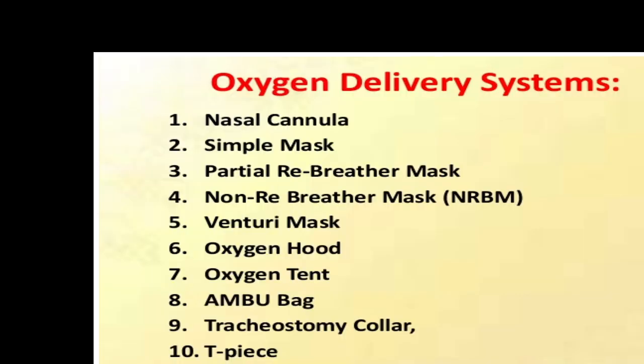And the oxygen delivery systems could be nasal cannula, which we often use, and simple mask. I think you have seen that. Whereas others may not be seen in our setup, like partial rebreather mask, non-rebreather masks, venturi mask. In all these, there would be a gradual slight increase in the ability of the instrument to increase the concentration of oxygen. And I think these we have discussed in detail when we discussed emergency medicine earlier. So I will not go much into that.